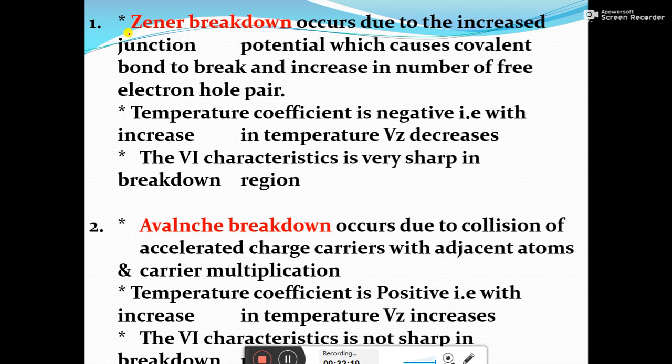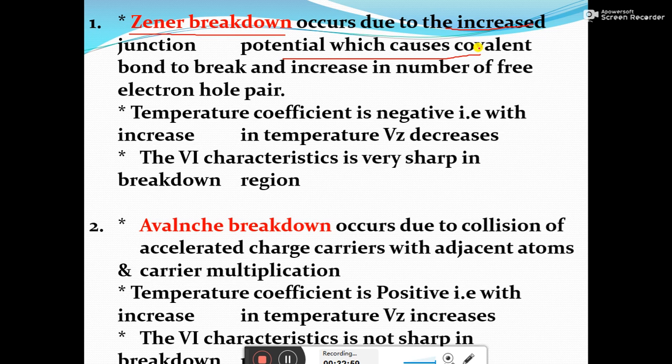Zener breakdown, next slide. Zener breakdown is nothing but the breakdown, and you should not understand breakdown to mean the diode gets damaged. Breakdown means a sudden increase in the current will be observed. Why is this sudden increase in current observed? Because of a sudden increase in the electron hole pairs. Why is there a sudden increase in electron hole pairs? There can be two reasons, and based on that the breakdowns can be classified into two types. The very first one is where the breakdown occurs because of the increased junction potential.